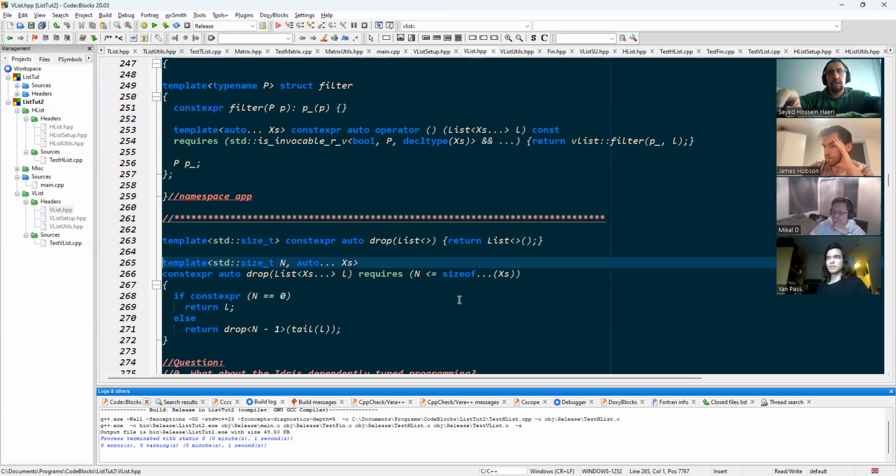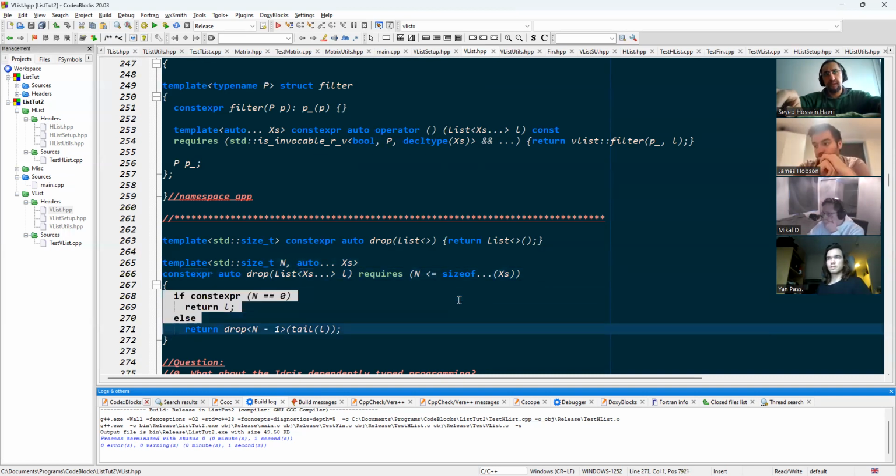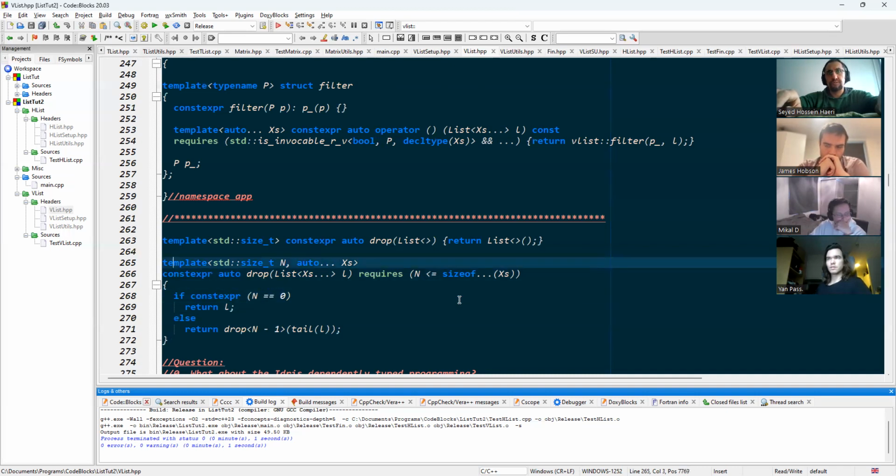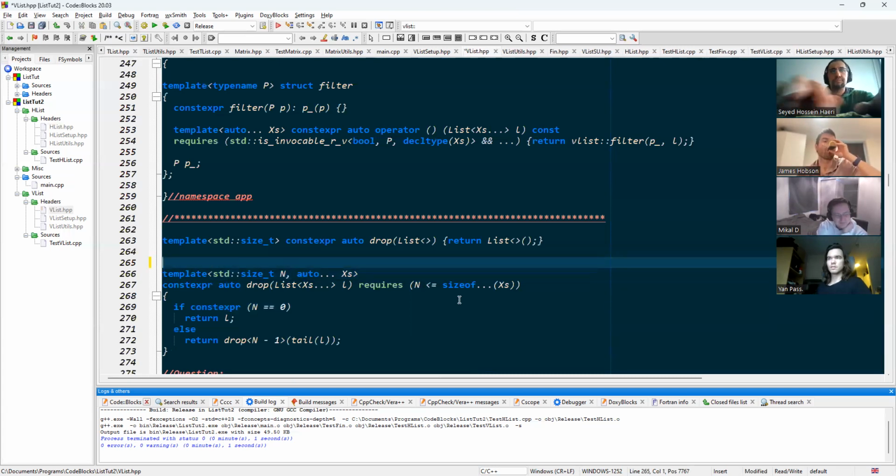Let's say that we want to take this if out and produce another overload, right? So if we really want to do that, especially because there's no partial template specialization for function templates in C++, right? The way to do that would have been that you do,